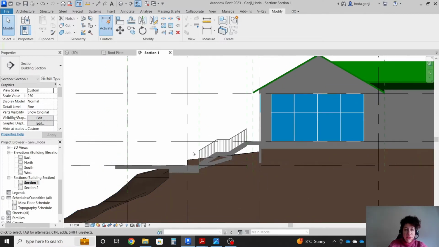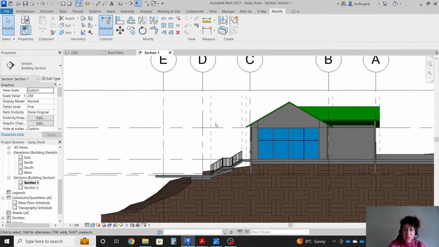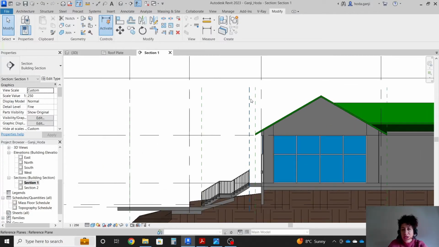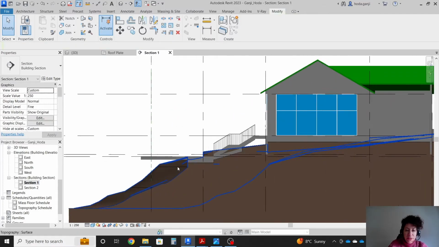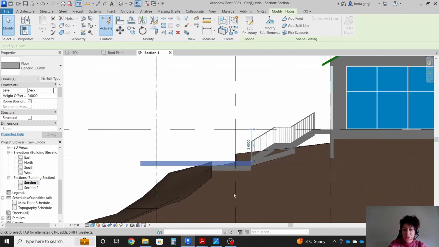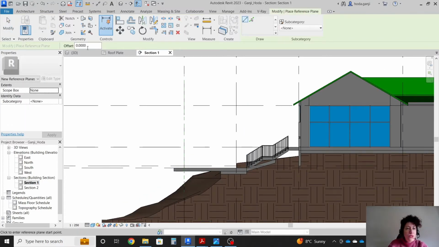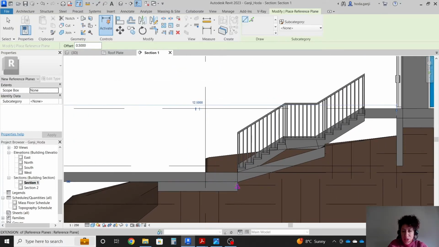Here we have the floor. So how about I also consider a little bit of overhang here. I can erase the other reference planes that I had before if you think there are too many reference planes. And here is the floor that we have. I'm gonna go with RP again, and I want to offset this side. I'm gonna draw a line 1/2 meter away like this, and also the other side of the floor,